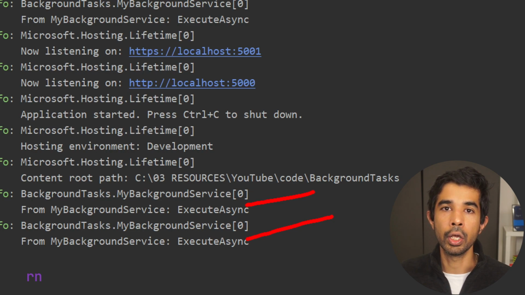So every time it writes this, it waits for 10 seconds and then again writes it out into the console line. So in your real application, if you want a loop and check for something every 10 seconds, you can use something similar. Now using this ensures that each of these checks does not overlap. So it waits until one is complete till the next one is triggered. While using a timer class, you might not be able to guarantee that. So depending on your use case, use whichever method works for you.